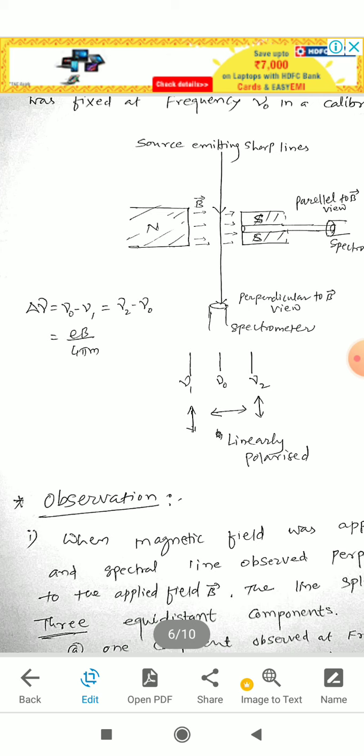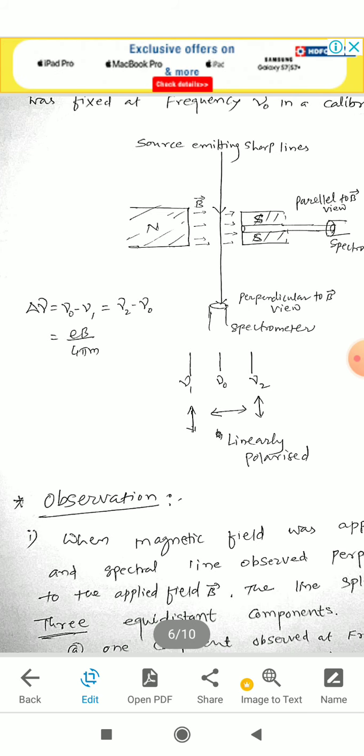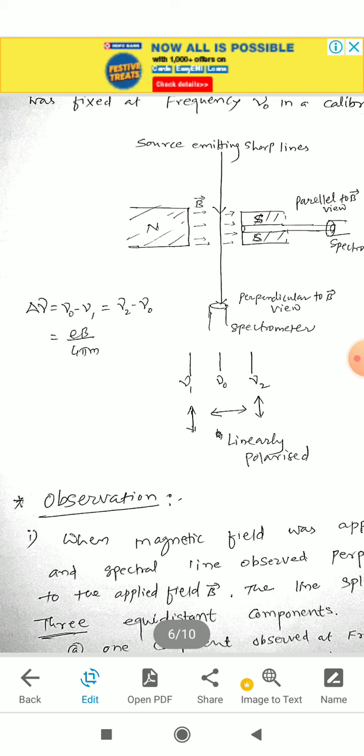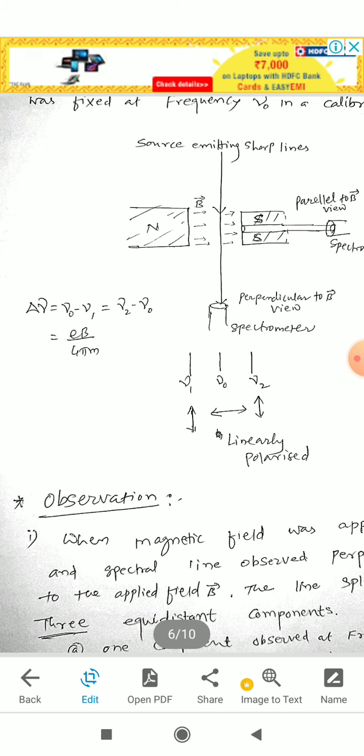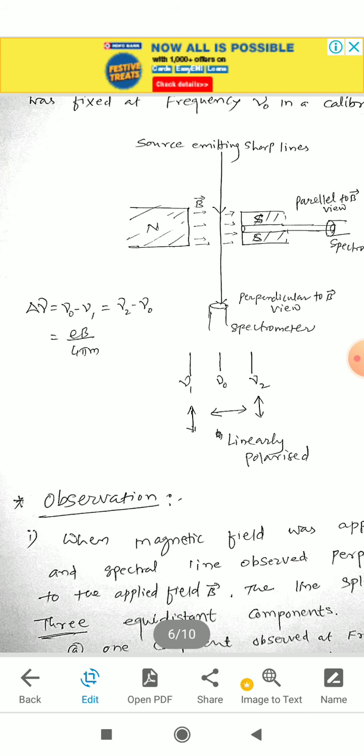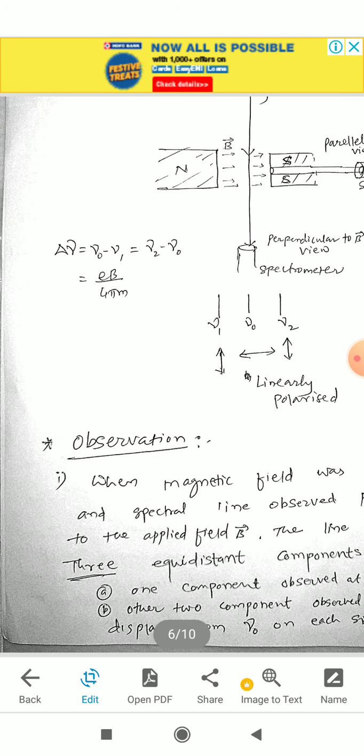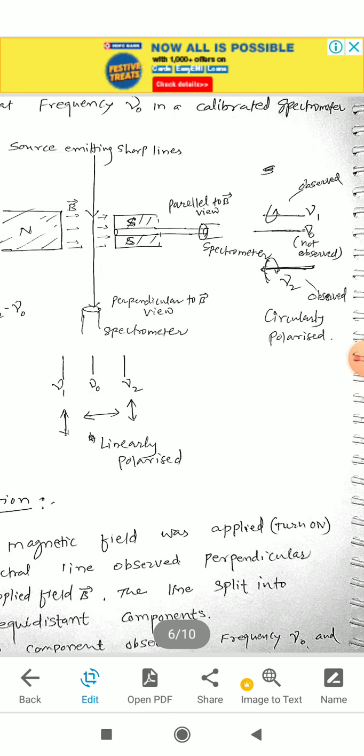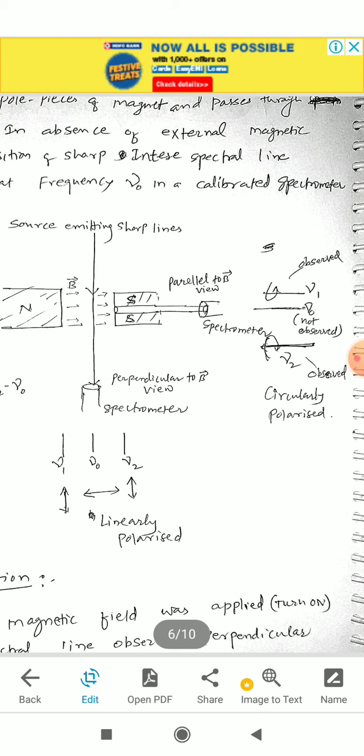So nu naught minus nu 1 is also equal to the right-hand side nu 2 minus left-hand side nu naught, which equals eB upon 4 pi m. So we can calculate that shift using this formula: charge on electron, magnetic field applied, divided by 4 pi m. So this is the first observation, and the second one is